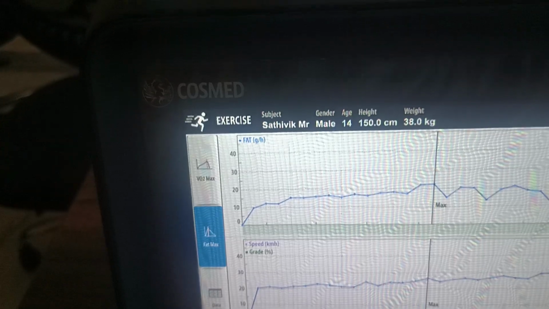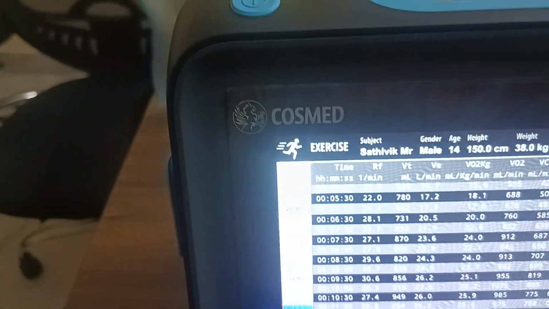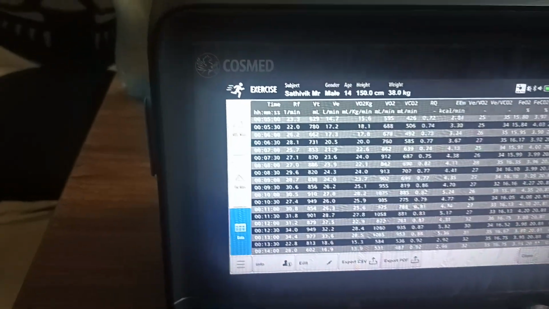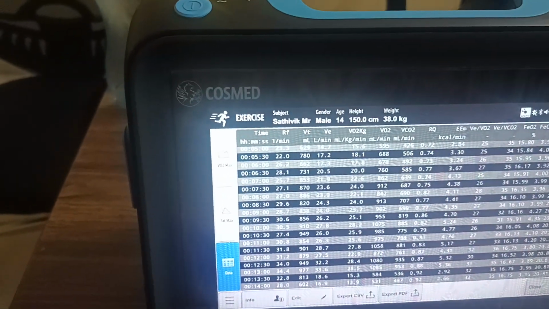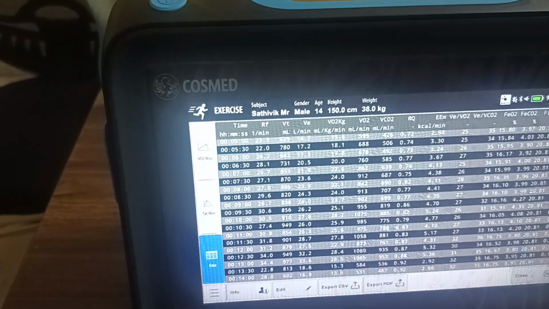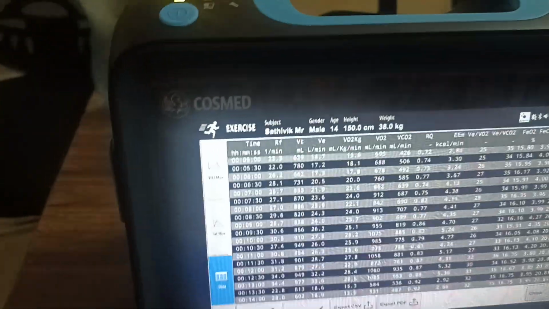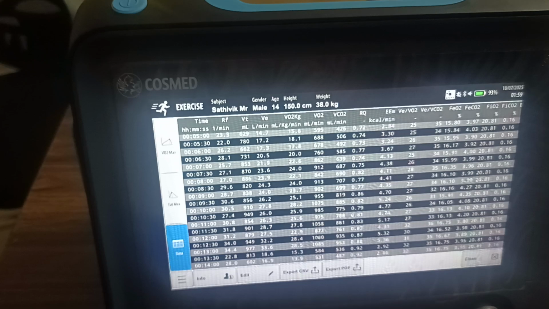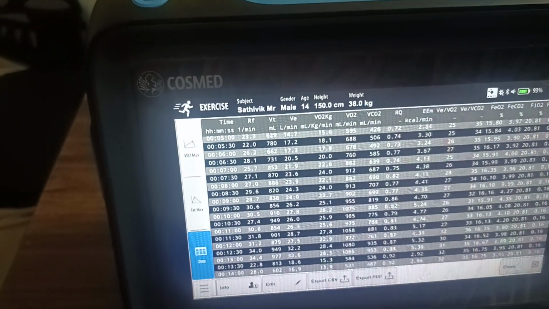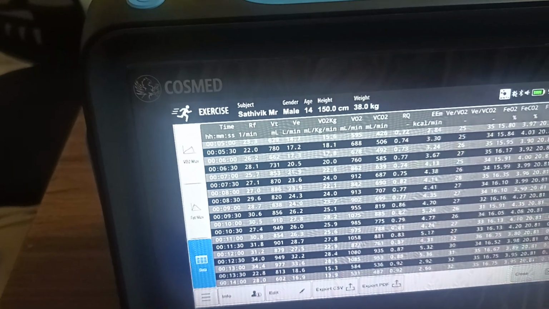Here we're getting heart rate, beats per minute. If you want to see data, this will show you the raw data, real time: respiratory frequency, minute ventilation, tidal volume, volume time, VO2 per kg, VO2, VCO2, volume of carbon dioxide, volume of oxygen consumption in kg, RQ respiratory quotient,